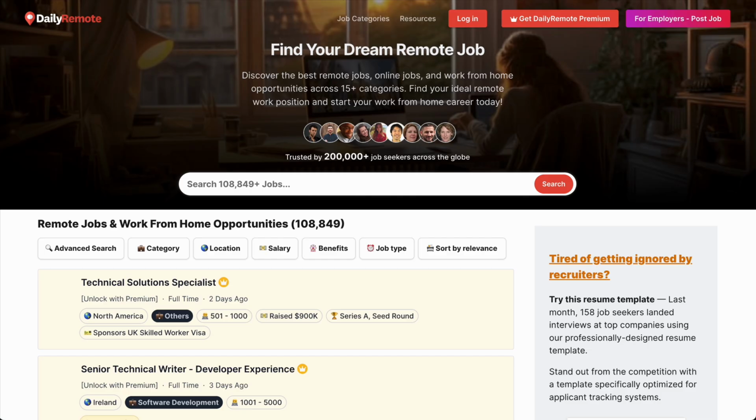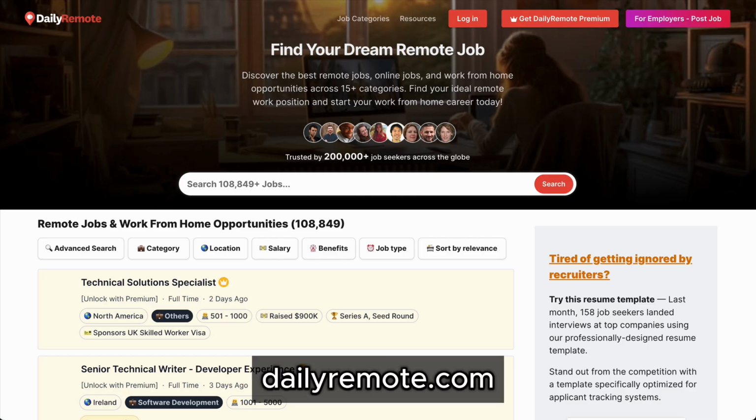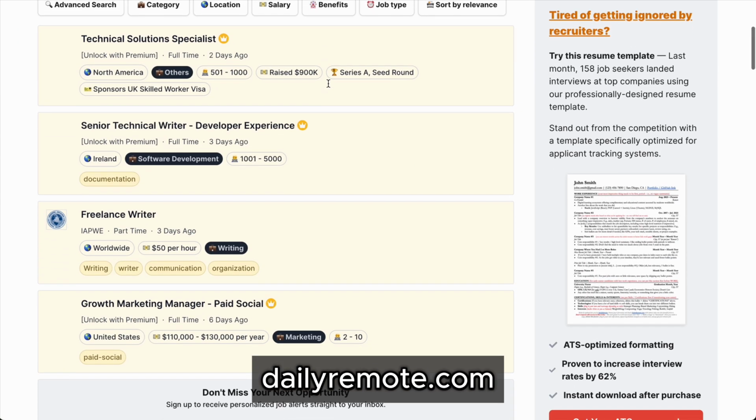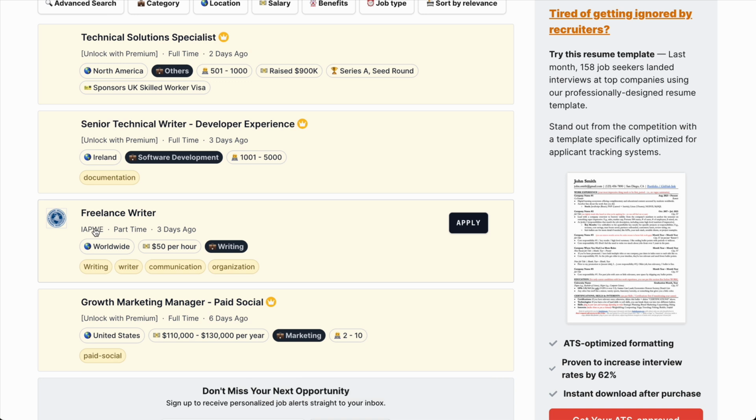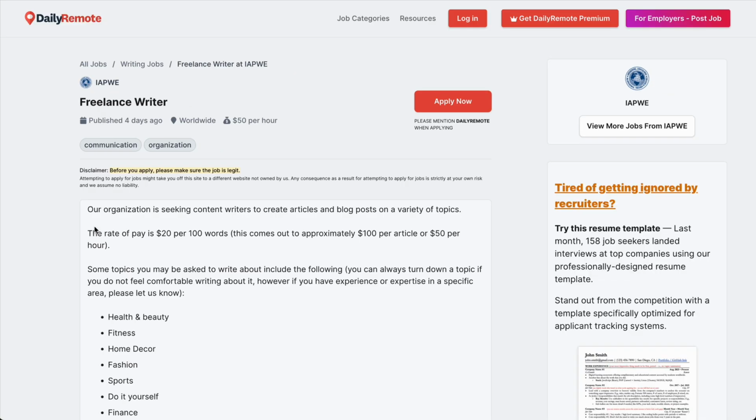And then the next one is Daily Remote. So Daily Remote helps you find your dream remote job. And again, they have tags. So always look out for tags when applying for remote opportunities. These people are hiring a freelance writer part-time, and it was posted 3 days ago. They're gonna pay $50 per hour, and they are hiring remote worldwide. So if you're a freelance writer and you want to apply, you can actually just click on this and apply,